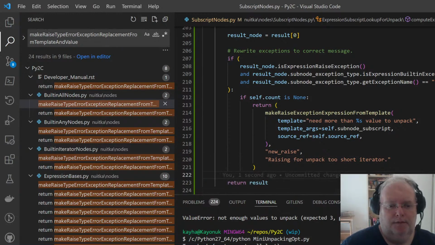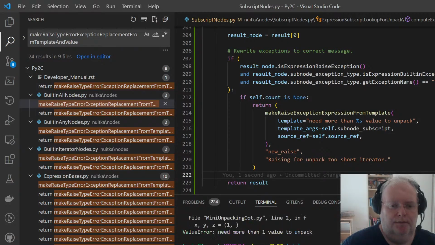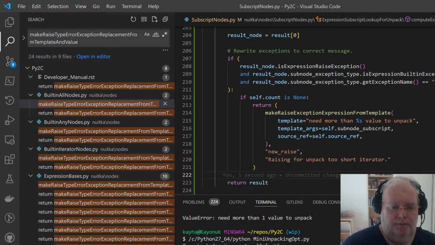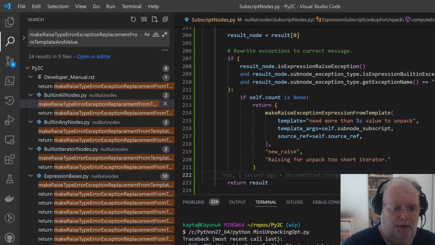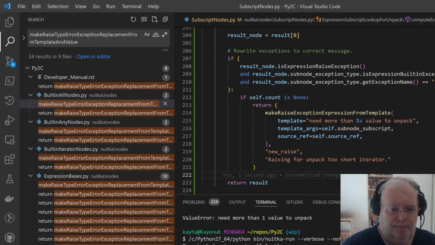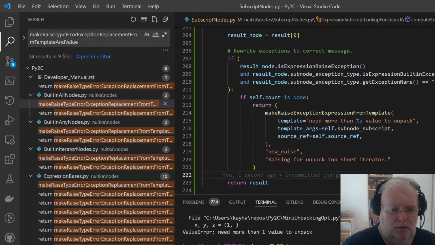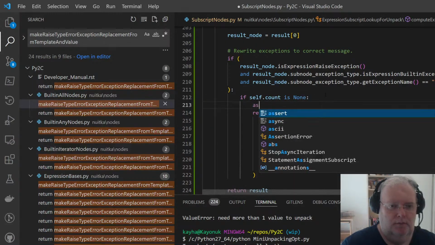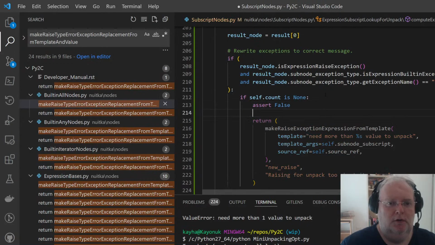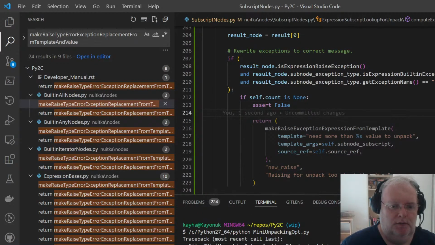And now, yeah, works. Just making sure. This node has no code generation, so we did runtime optimization of this now.